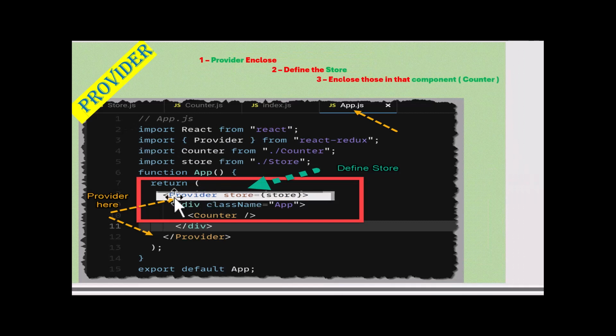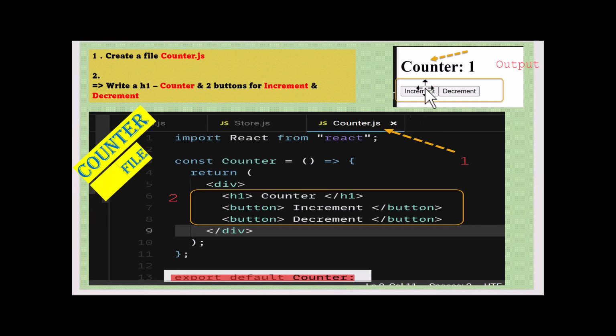to get the provider. In app.js, wrap the app with the provider, and the provider is going to get into the app and wrap it. So we will be getting the provider, and in that we'll also be getting store equal to store. We just need to import the provider from React Redux. And the counter, for example, is an app basically to get the counter, with increment and decrement, two values, two buttons. So that's why we'll be getting a